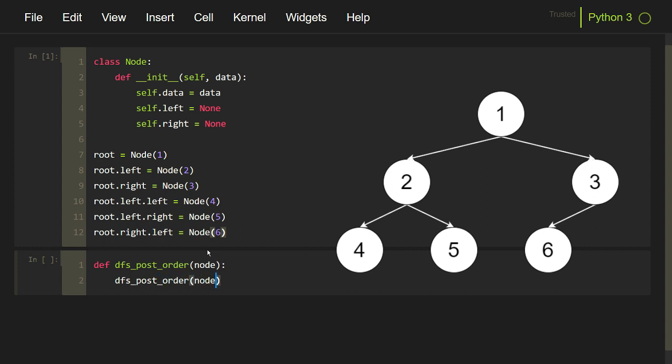The first call will be for the node.left subtree and the second recursive call will happen for the node.right subtree. Now the word post over here indicates that the processing of the current node, that is the root node, will happen after the processing of the left subtree and the right subtree. So after these two lines, we will write the processing of the node. The processing of the node can be anything. In our case, we will just print node.data ending with a space.